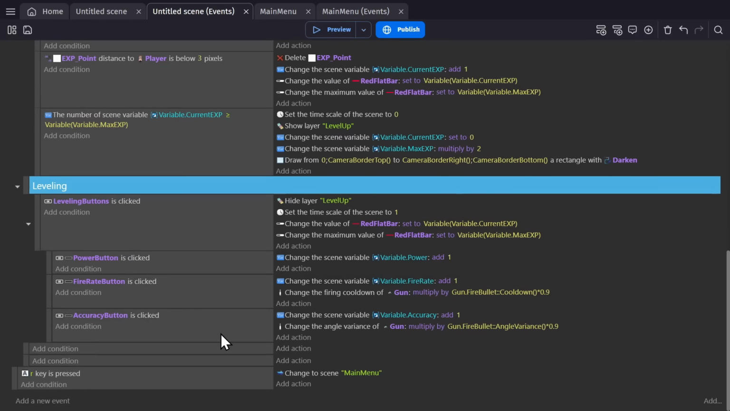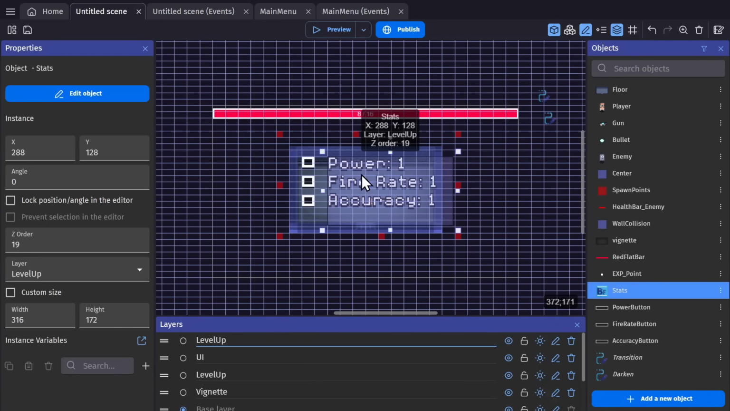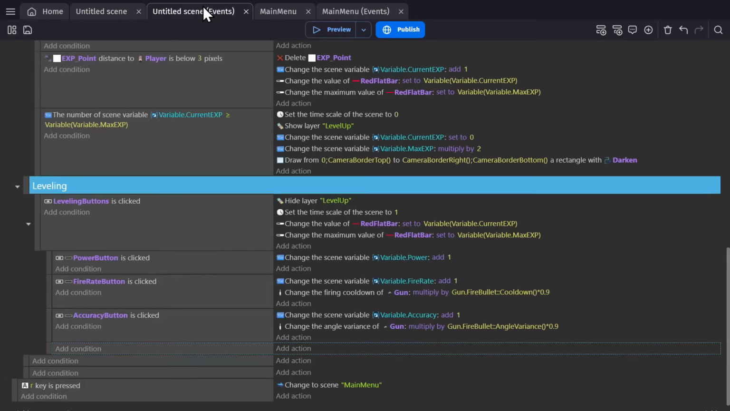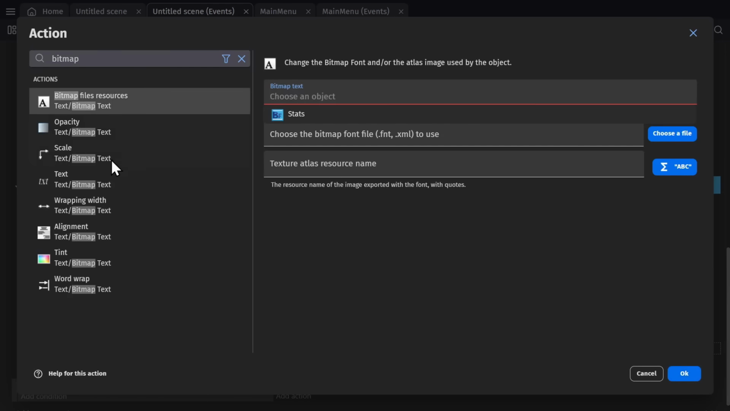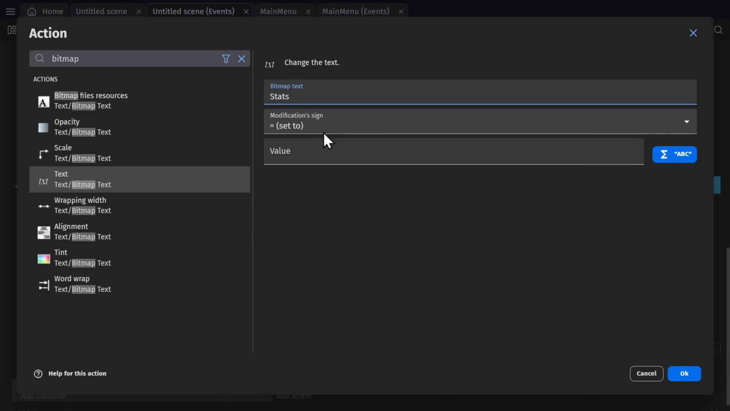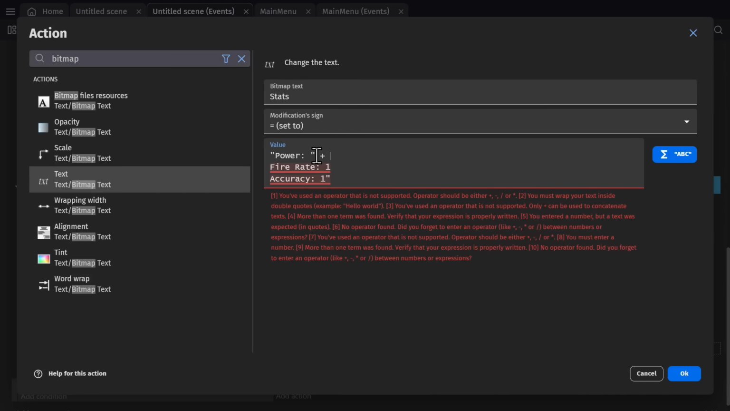And the last thing I want to do is change it so that the stats actually change in the level up page. So for that, I'm going to go here again, copy this, come back here and go to bitmap to change the text of the bitmap object. Stats equal quotations, and this is going to get a little messy, but bear with me. So the 1 quotations power, so we got the power stat plus